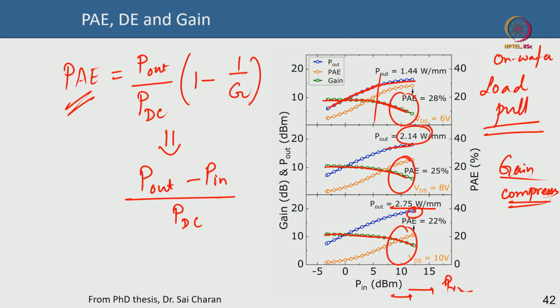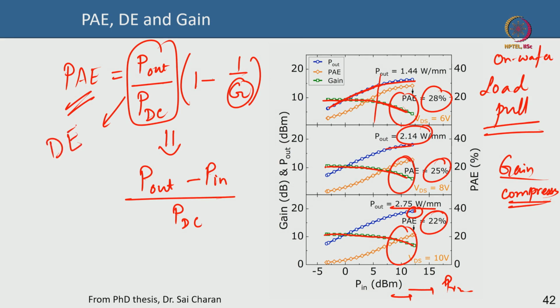You can see the power efficiency is not very high here, 28%, 25%, 22%. It can go to 50, 60, 70, 80% also, by the way, and those are really good for handheld devices, for instance. So power added efficiency depends on gain, it also depends on this ratio. This ratio is called the drain efficiency, that is the output RF power divided by the DC bias power, and the DC bias power